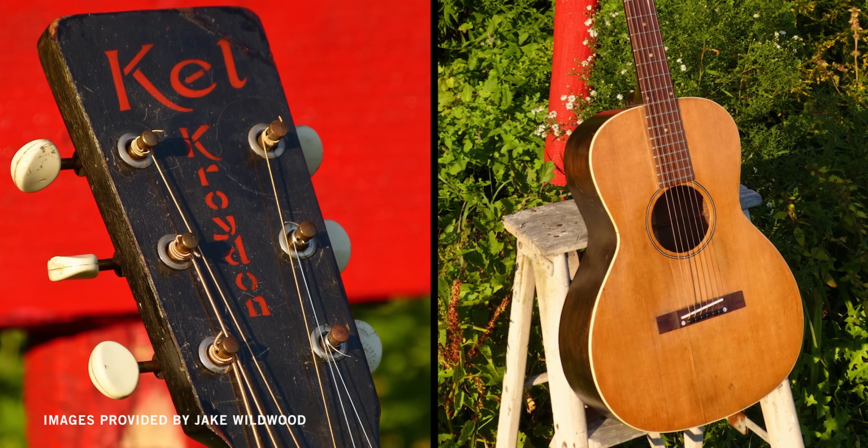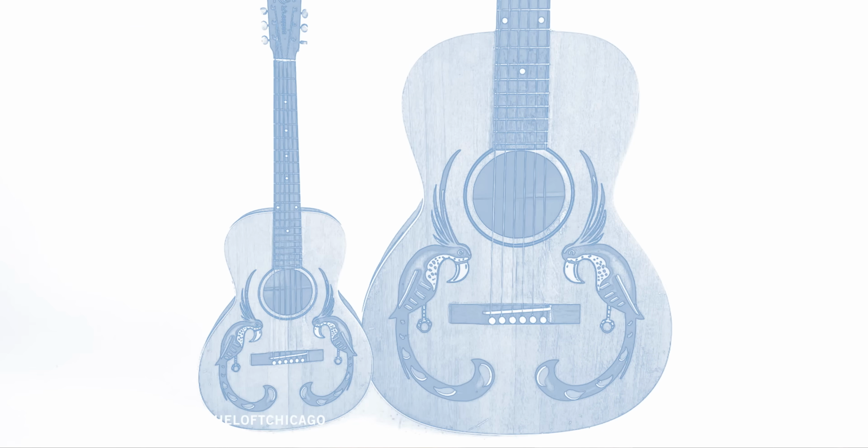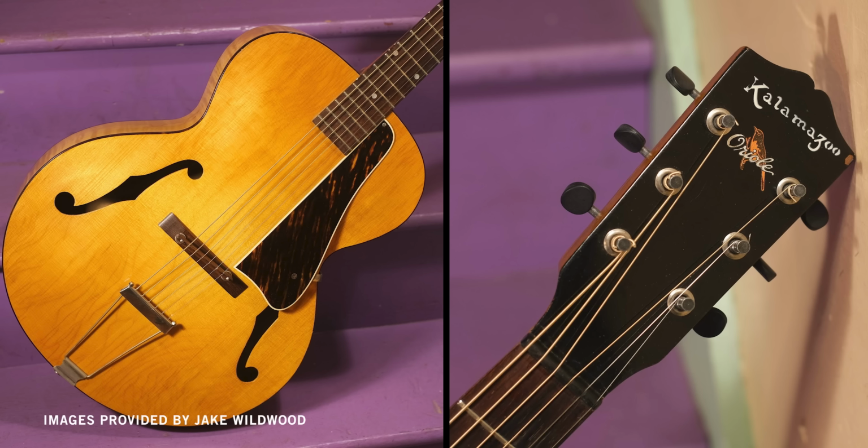The significance of birds at Gibson actually goes back a very long way. Starting with the Kel Kroyden models, which was Gibson's own house brand of instruments circa 1930, they had a model with beautiful toucans adorning the outside. These birds were so popular they made their way to other models. Gibson had an Oriole model out of their Kalamazoo brand, and then didn't really do anything with birds post-war until